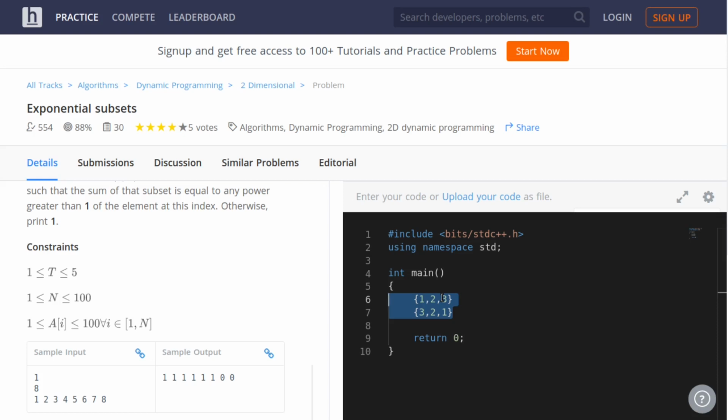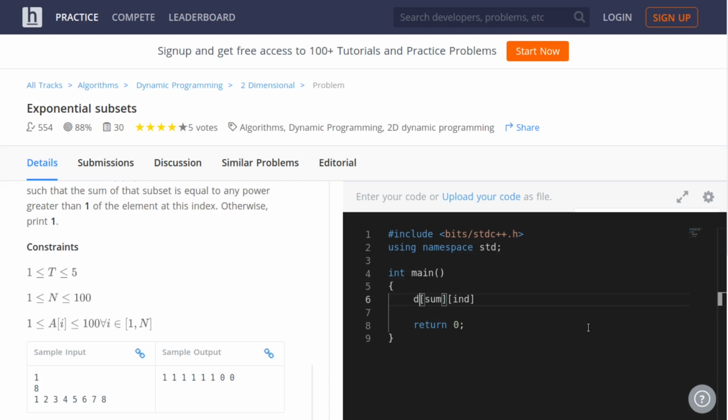For keeping track of that combination, we need one state, that is the current index at which we are present. So one state will be the index, and another state for the dynamic programming would obviously be the sum that you want to make. You want to find whether this sum is possible or not. So we would find this for almost every possible sum, and at last we will check for all the powers of each element whether it is possible to make a sum equal to that or not.